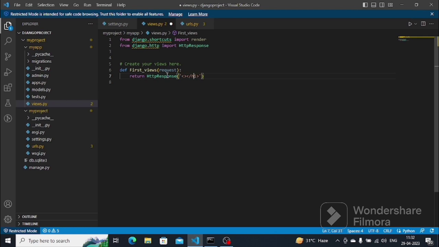Here I'm returning H1. You can use H1, H2, whatever you want. And here write any text you want to display in the browser. For example, I'm writing, "Hi, this is the Django project." You can pass any text. Control S. Now